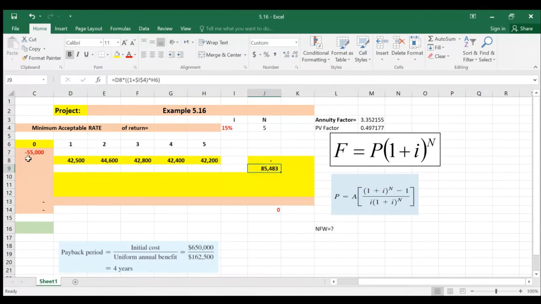Similarly, for this one, our cost, what is the future value of our cost, right? If you calculate a future value of this amount,